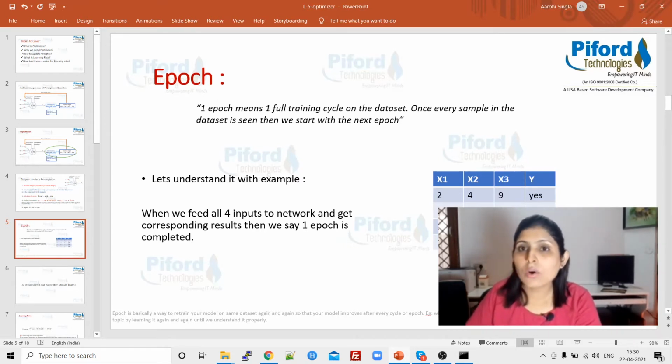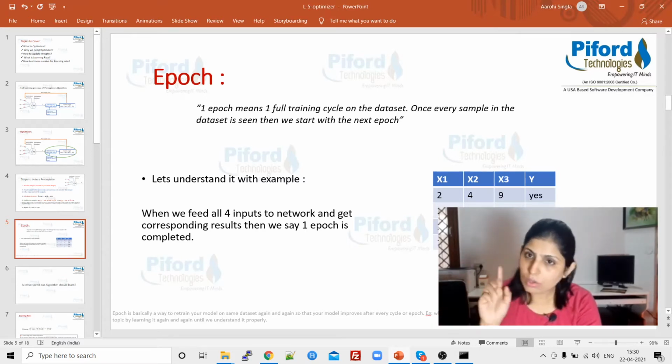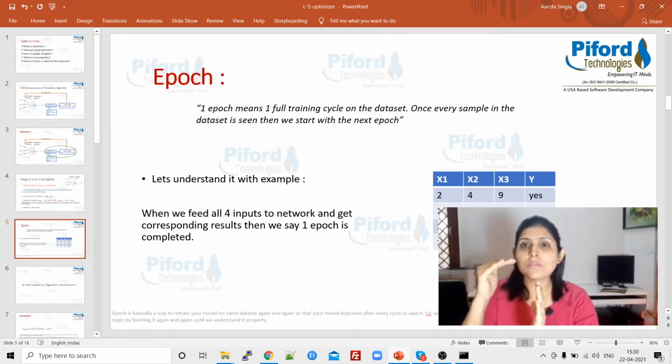One epoch simply means when your algorithm has seen all these four data points present in your data set and given some output. So that is one epoch. One epoch means your algorithm sees all the data points of your data set.